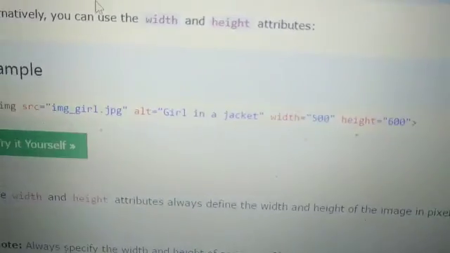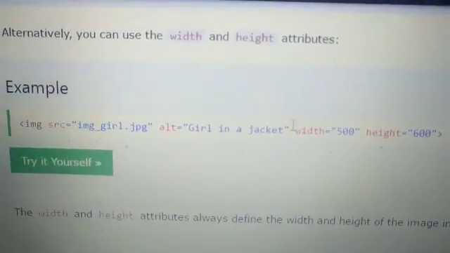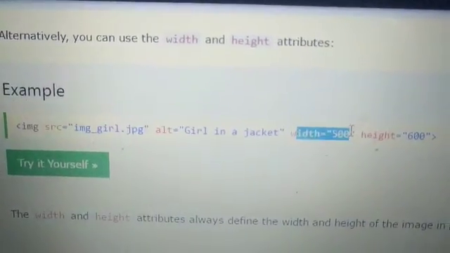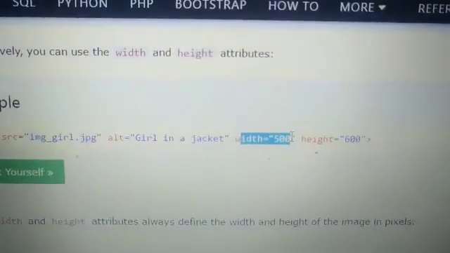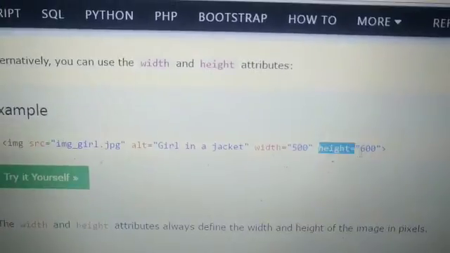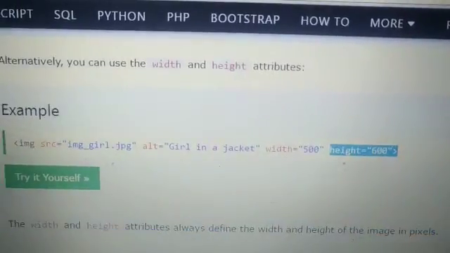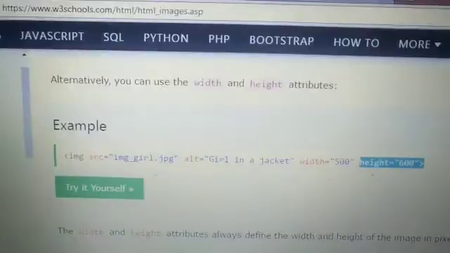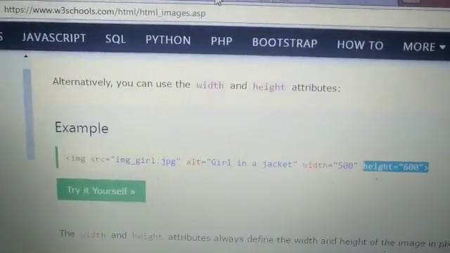Or there is another option: under the same image tag you can adjust without style, you can just write width equals to 500, then space, then height equals to 600.